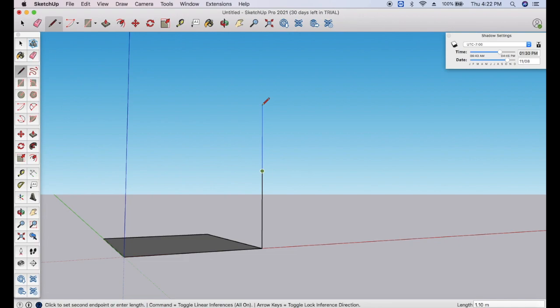So the z-axis is showing as blue. If we want to go towards the red axis, it will show as red. If you want to go towards the green axis, you can see it will show as green. So it's very easy to check, and once you get the green axis or the red axis from the inference line, to fix it you can click on the arrow keys, right? So let us go to the green axis